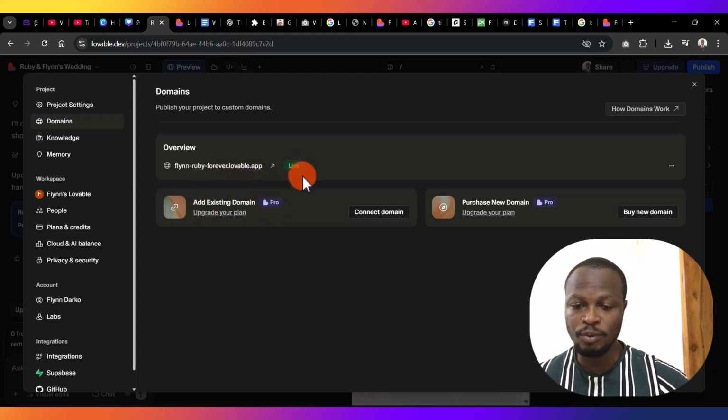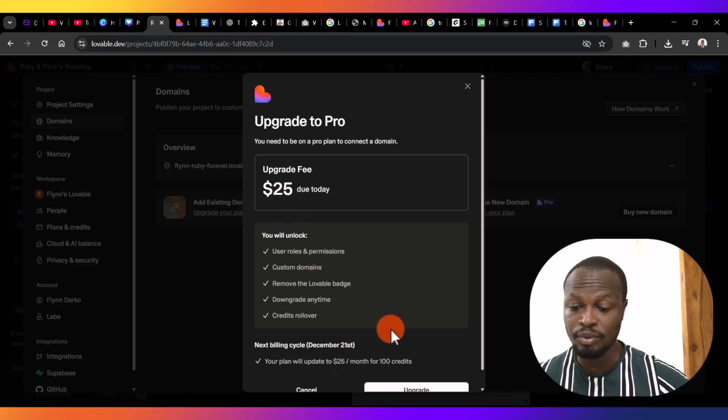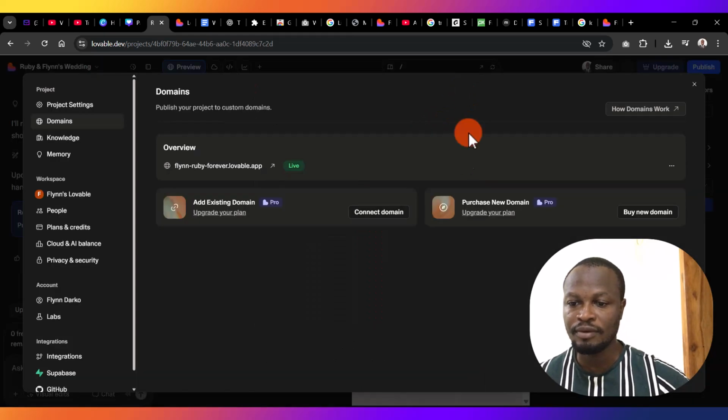If you don't have one that you've purchased already, you can also buy a new domain right in here on Lovable. So this is add an existing domain or purchase a new domain. Let's go to purchase a new domain, and you can see it says you can do that, but before you are able to do the domain purchase, you need to actually upgrade your Lovable account. So look out for a video very soon where I'll show you how to link up a custom domain to Lovable. So let's head on back,